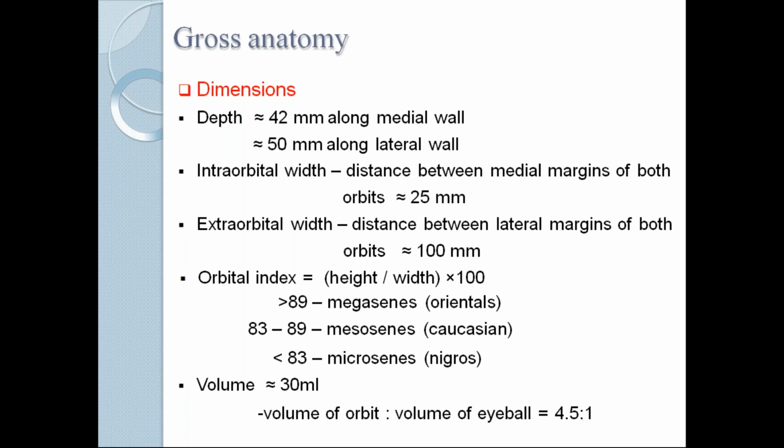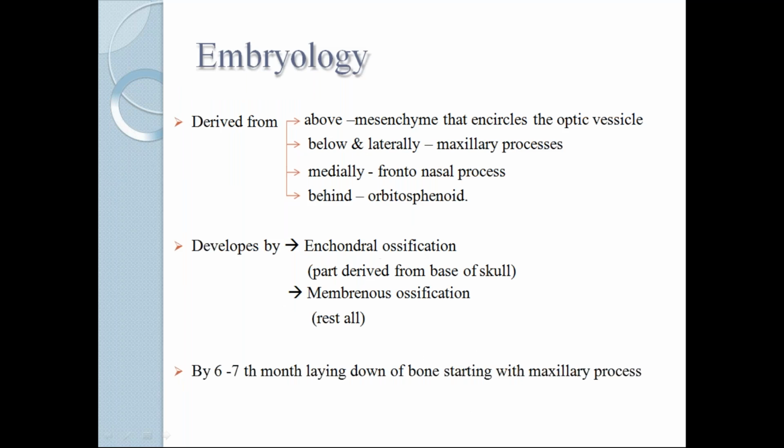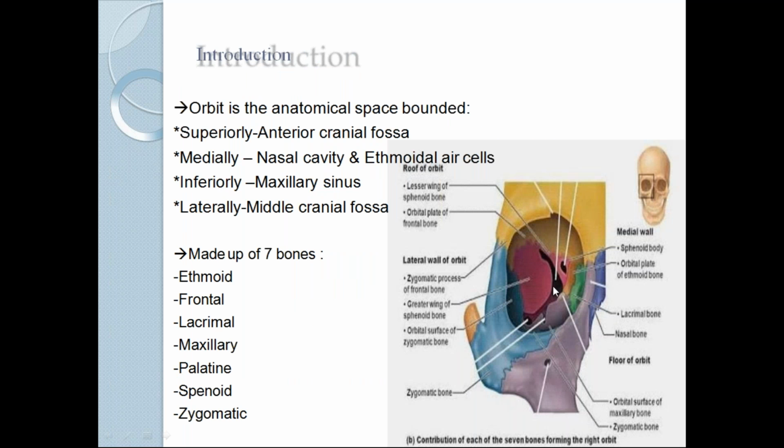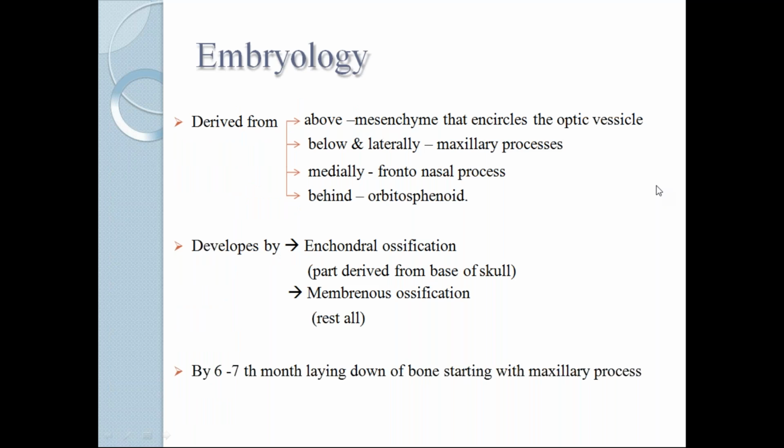Intraorbital width, the distance between the medial margins of both orbits, will be about 25 mm. I'll show you the picture. Intraorbital width means if this is one eyeball and this is the other eyeball, then the distance between the medial wall of the right eyeball and the medial wall of the left eyeball will be